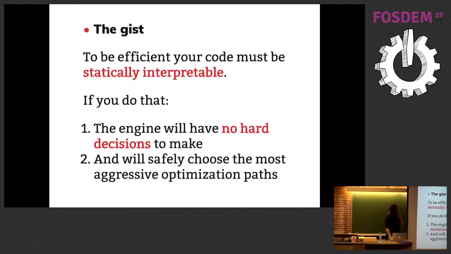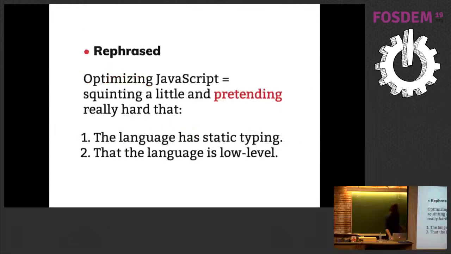And so the gist is, as a conclusion, to be efficient, your code must be statically interpretable. If you do that, the engine will have no hard decision to make. And if the engine has no hard decision to make, the engine will safely choose the best path to optimize your code. So rephrased, optimizing JavaScript is squinting a little and pretending really hard that the language is statically typed